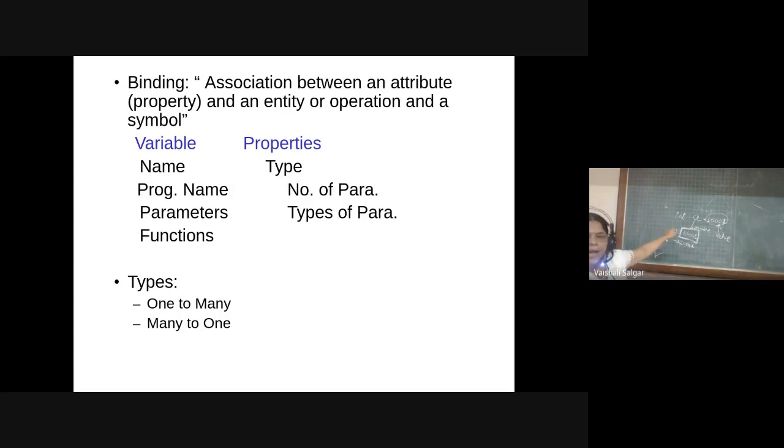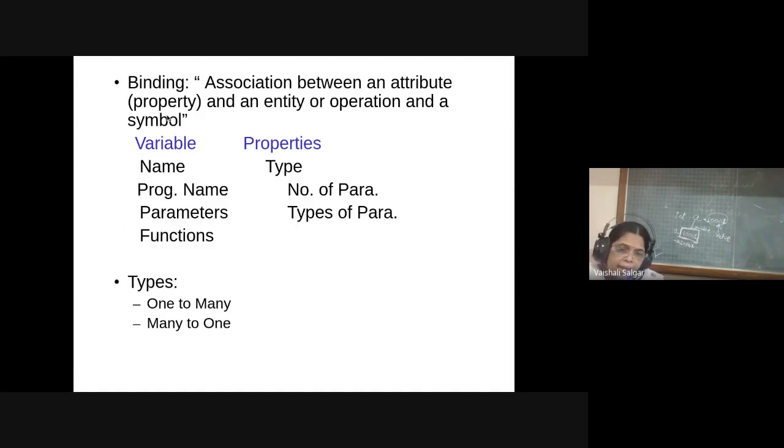In this case, a is my symbol, and whatever integer value I assign, there is an association between that value and the symbol. And based on this integer value, I am going to perform addition, subtraction, multiplication, division. These are the operations associated with that particular entity. So variable and its property.